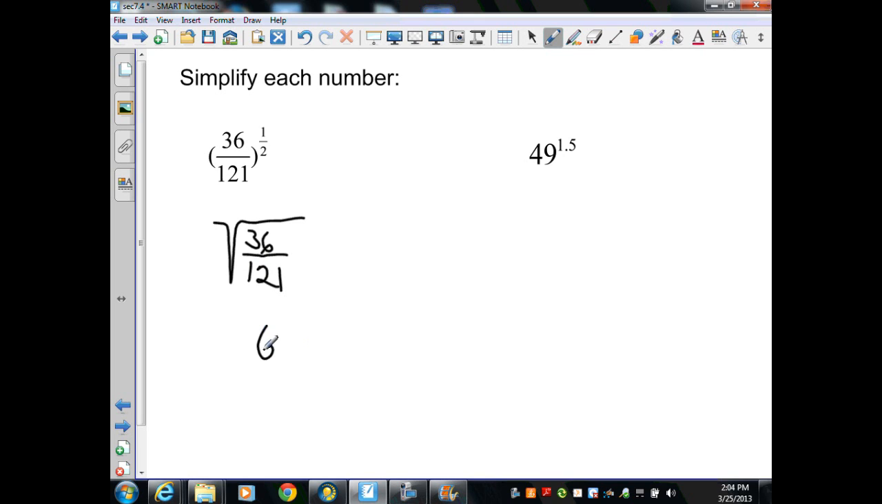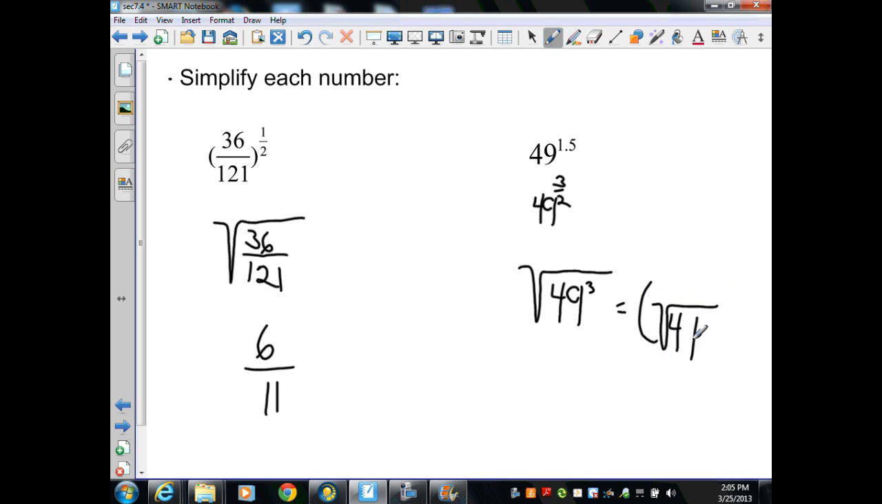The square root of 36 is 6. The square root of 121 is 11. Here I have 49 to the 1.5 power. That can be written as 49, and write this as a fraction, to the 3/2 power, which I know can be written as the square root of 49 cubed, which can be written as the square root of 49, and then that would be cubed. It's easier to solve this one rather than to cube 49. Therefore, I'm going to take the square root of 49, which is 7, and take 7 cubed,